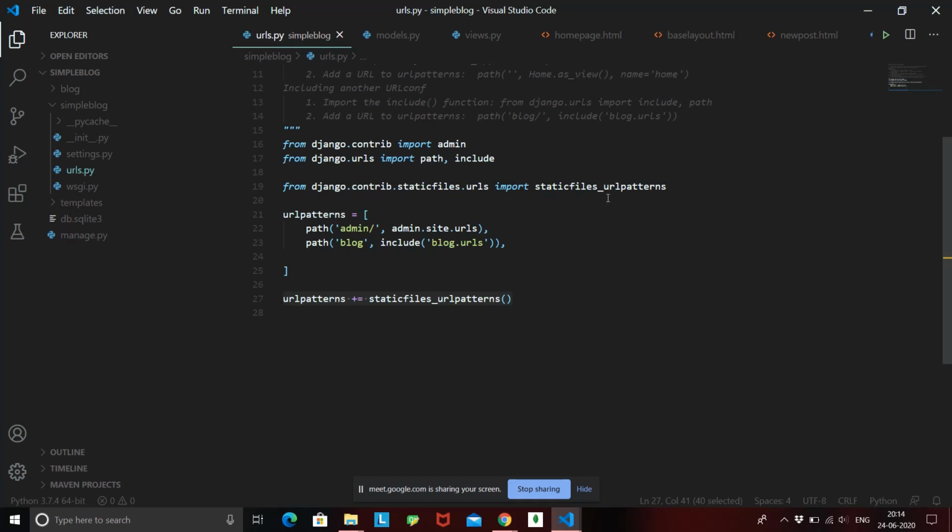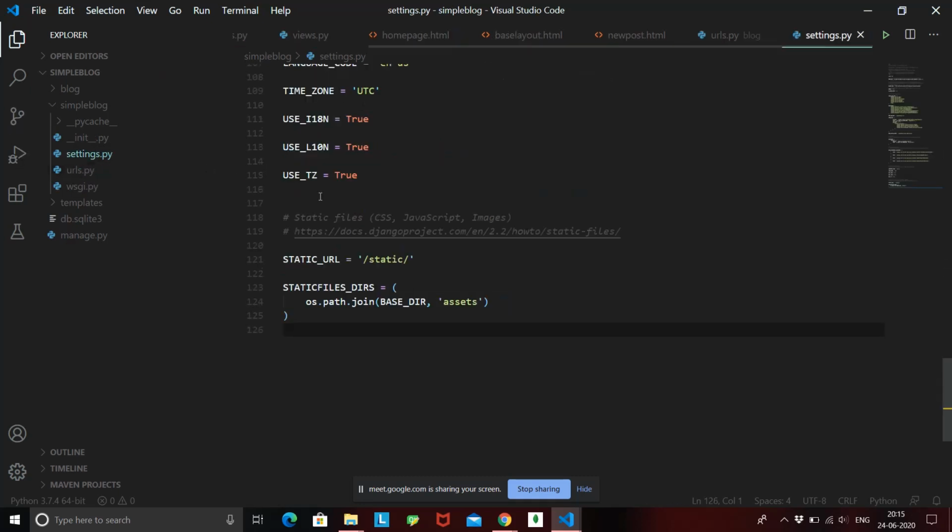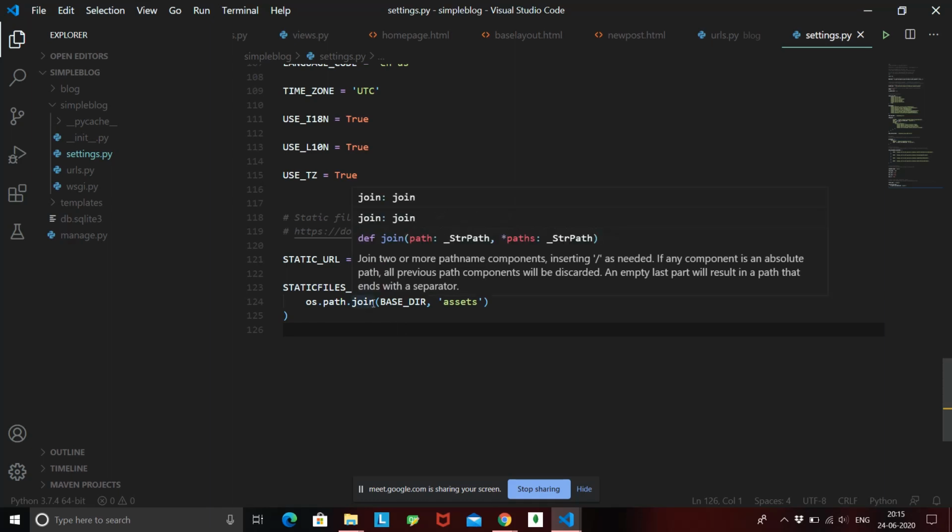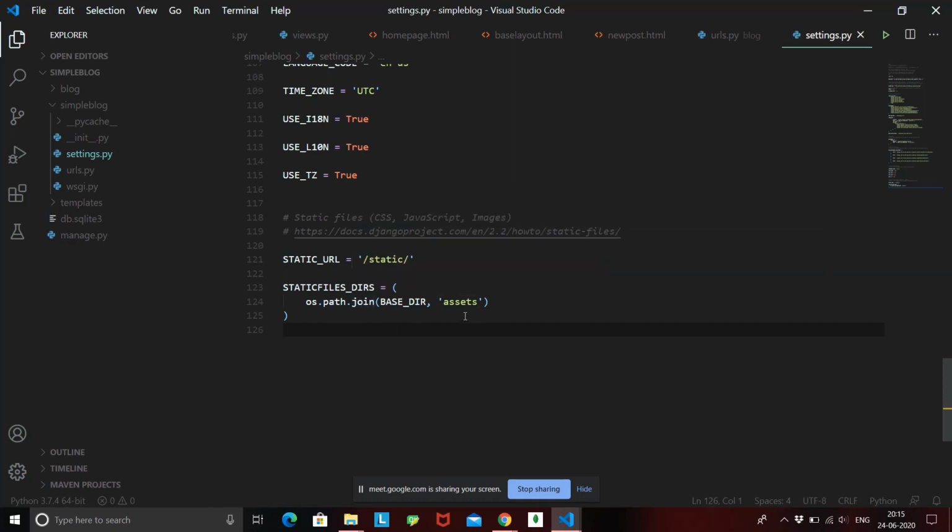This is very clear: only two statements, an import statement and a join statement. Similarly, in the settings.py file, we created the static files dirs, and then we did os.path.join and joined this asset folder to the base directory. Now we need to create this asset folder and store all our static files in it. So let's create this asset folder.